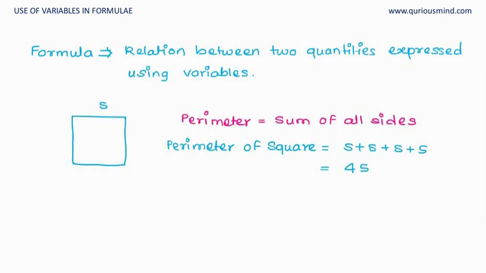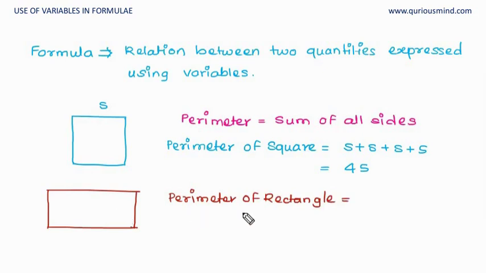Now in same way the perimeter of rectangle, let's draw a rectangle. In this case we know one of them is length and other is breadth, and we also know the opposite sides of rectangle are of equal measure. So now we want to calculate perimeter of a rectangle. Again we know we are going to get rectangles which have different lengths and different breadths. So what we'll do is we'll use a variable to denote length as L and breadth as B.